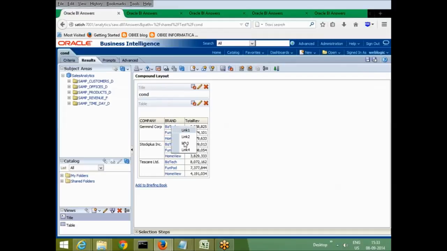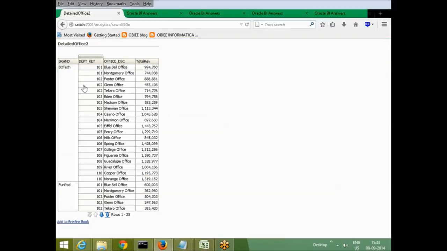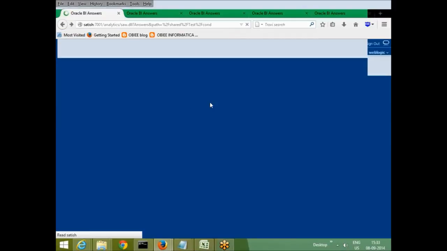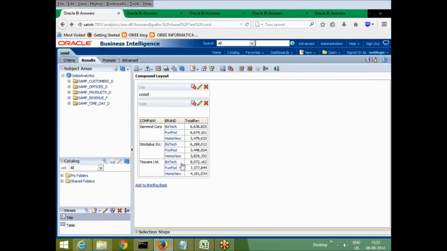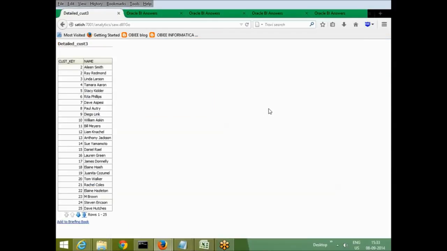So if I click this third link, it will open the third report. If I select fourth link, it will show fourth report open. So this is simple navigation actually called, but what actually additionally you can notice here is that, so this is